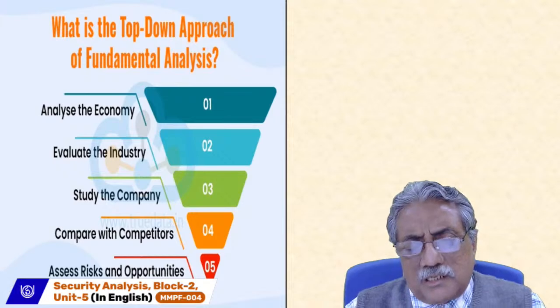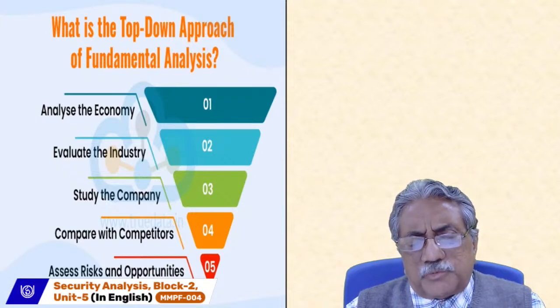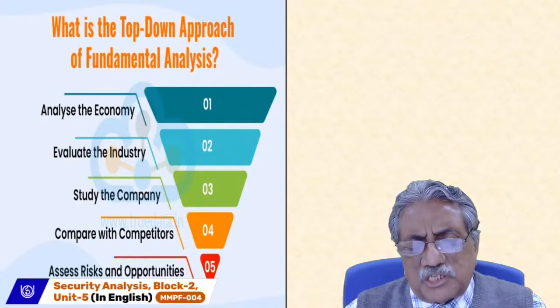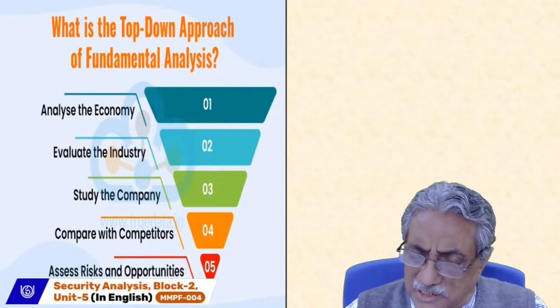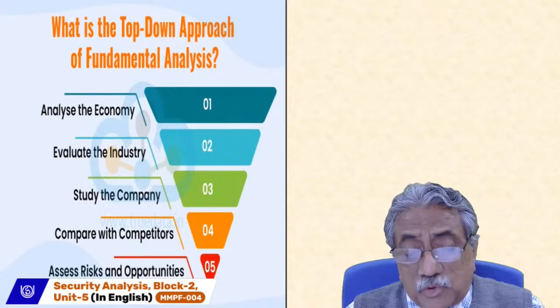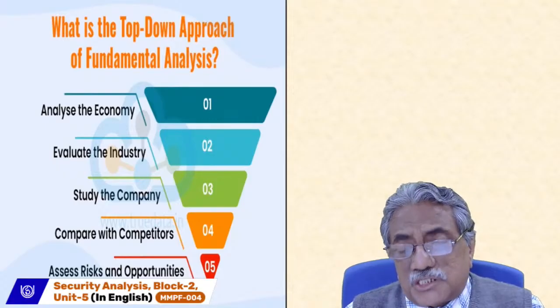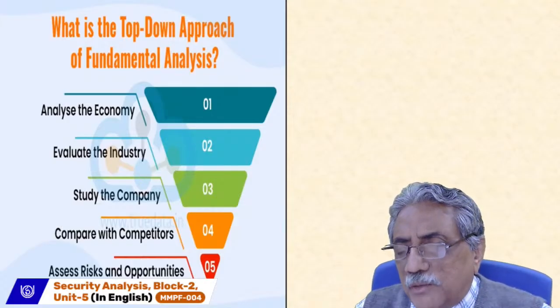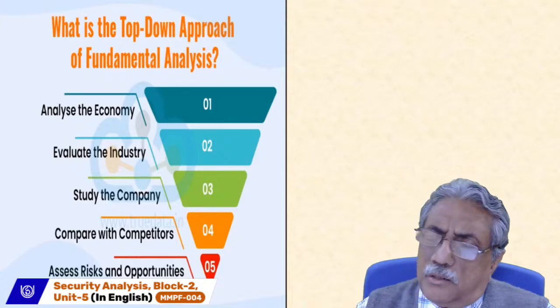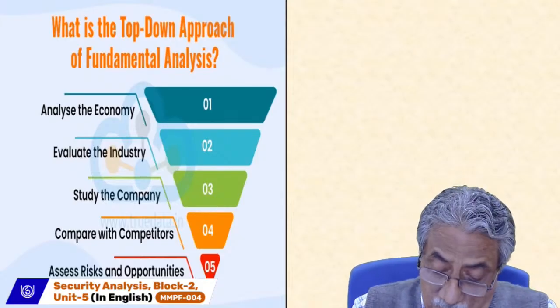Then most of the business newspapers have their own research team, and they publish macro reports as well as industry reports and sometimes, of course, company reports. So these are the sources you have to access if you want to do your fundamental analysis, whichever way you want to go, bottom up or top down.